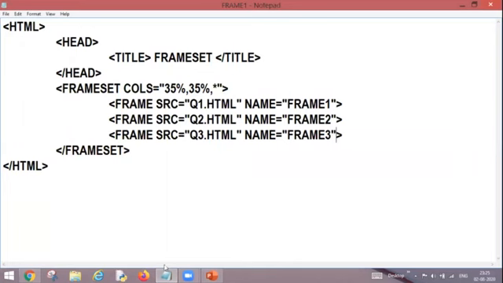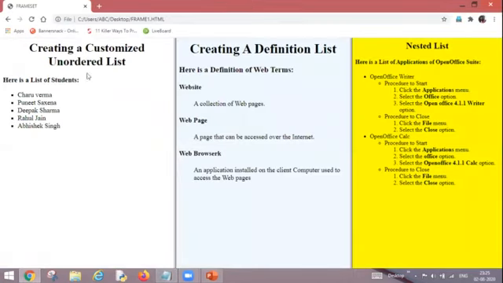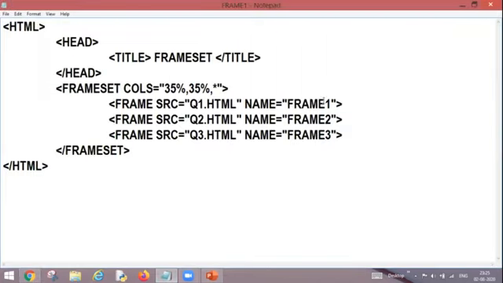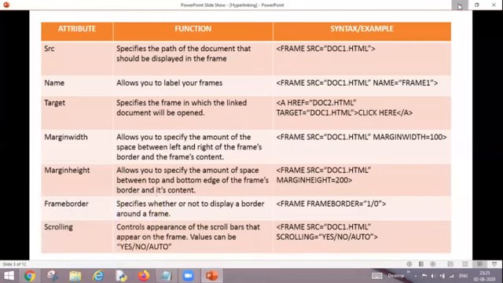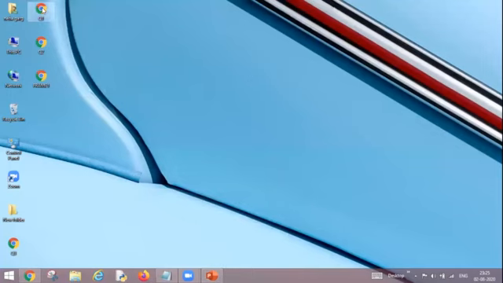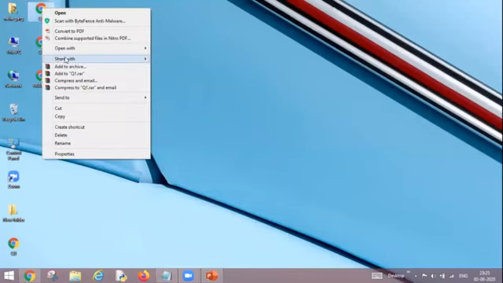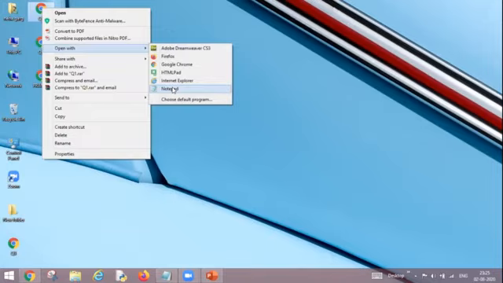Now what am I going to do? I'm going to create a link in my frame 1, which is q1.html. So let's go over there. This is my q1.html. Right click, open with Notepad.